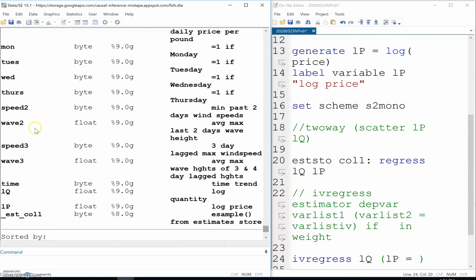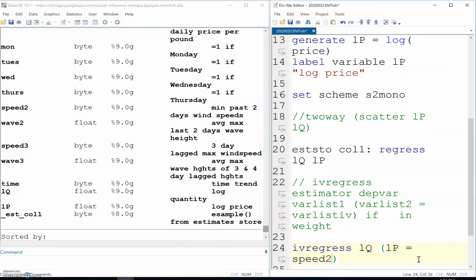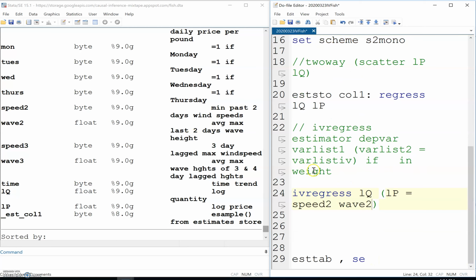Let's use speed 2 and wave 2 as instruments for price. Okay, so wind speed and wave height are going to be our instruments for log price. Okay, so if we run that,